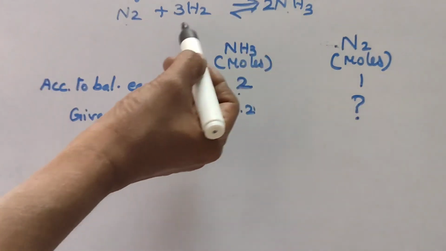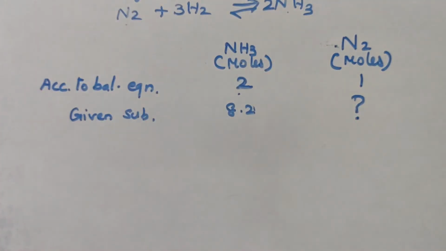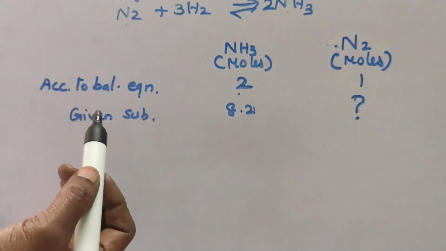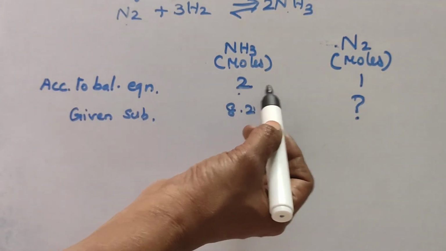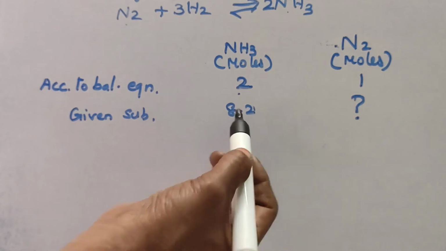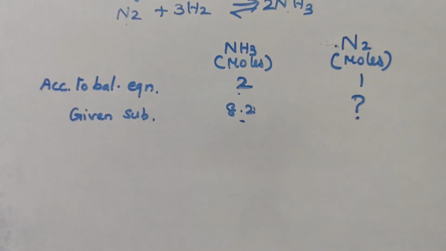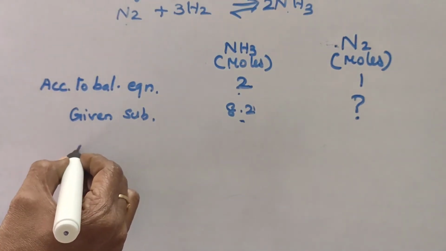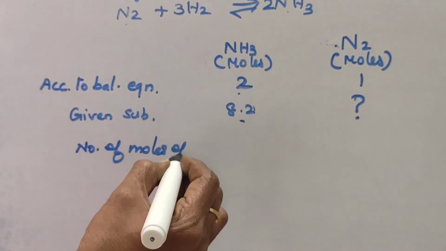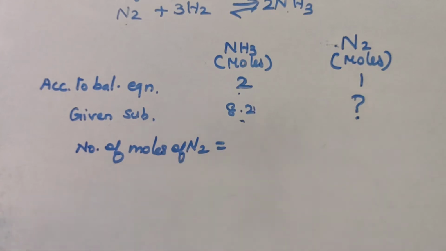First, we have written the balanced chemical equation. Then we have found out the relationship. Then third, apply the same relationship in the balanced equation also. Next we have to write the actual quantity of the substance. Then at last we have to find out the result by the unitary method. Number of moles of nitrogen equal to